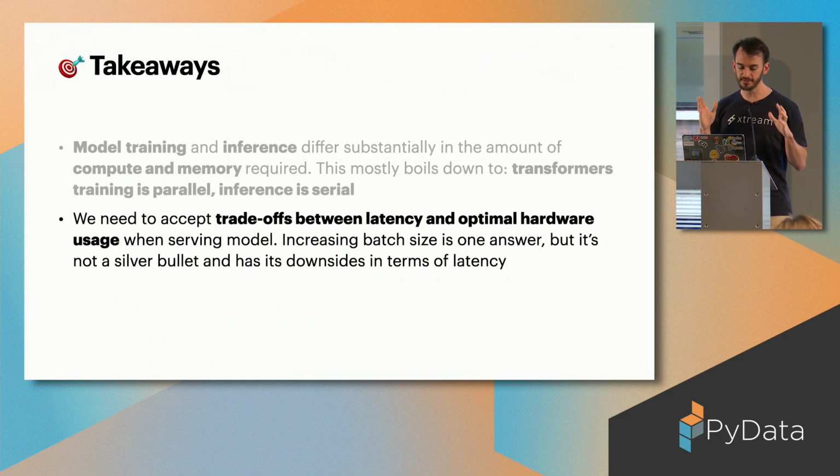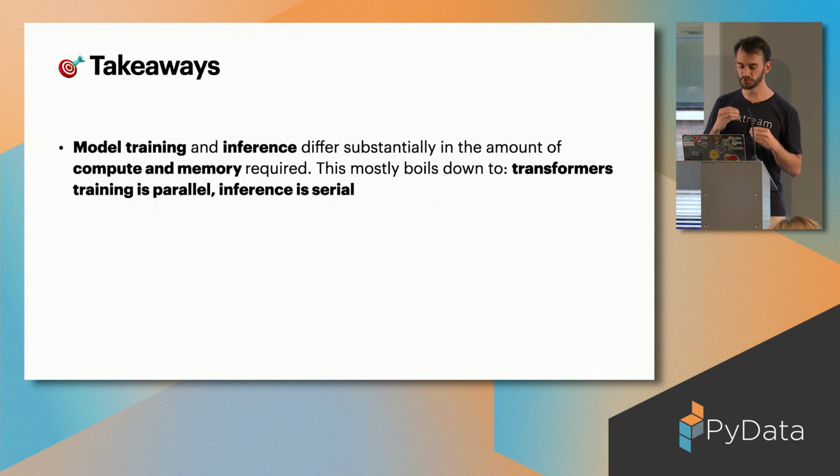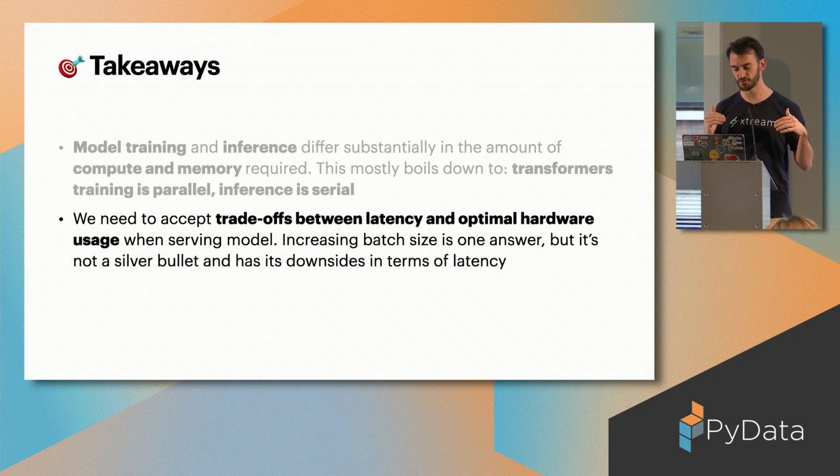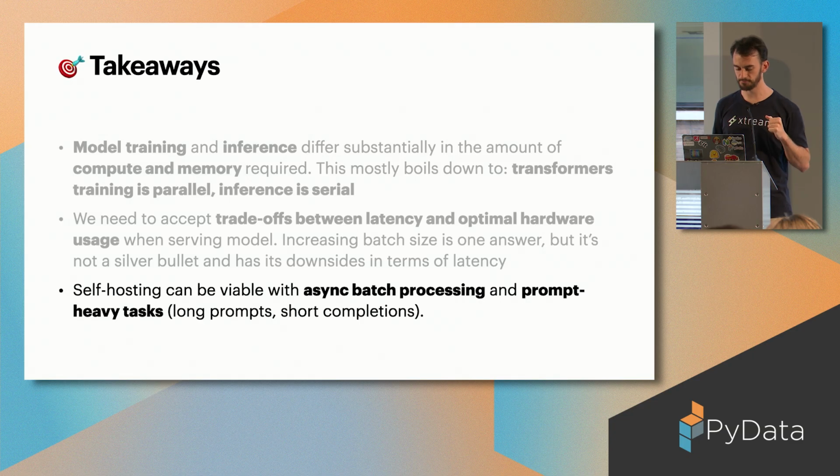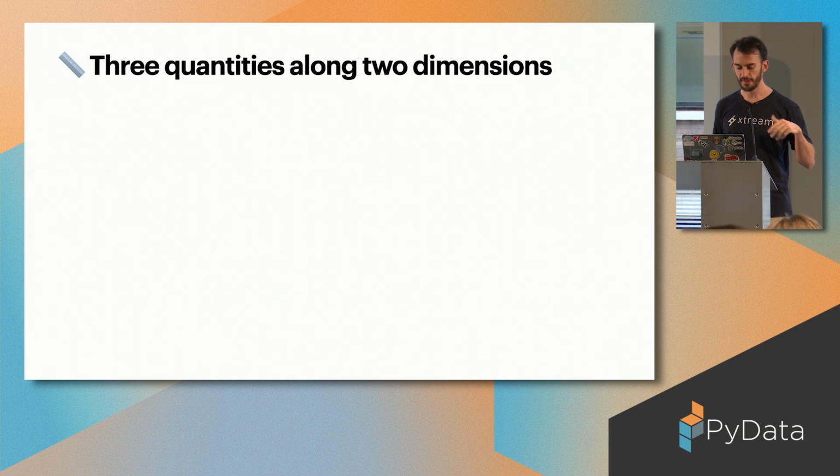And in the end, all of this boils down to the fact that when you talk about training, model training can be parallelized, whereas inference cannot, just as much. And if you need to undergo a certain trade-off, you need to accept whether you want more latency or to utilize the hardware more. So all of this is going to revolve around these points, and around mostly 3